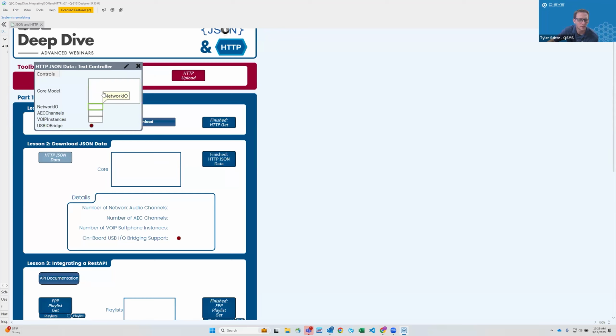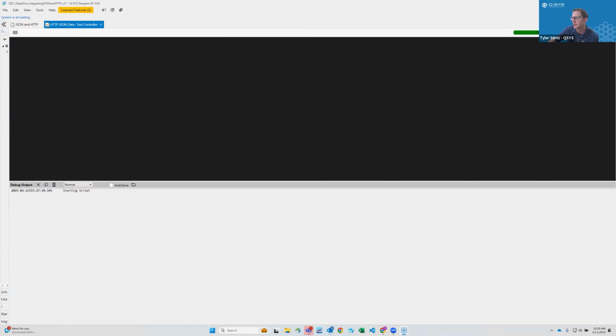First thing you'll see is we have a list box here, and then we have some text boxes here for our network IO and AEC and VoIP. And then we have an LED showing if that core specifically has an IO USB bridge. So if we go ahead and open this up,